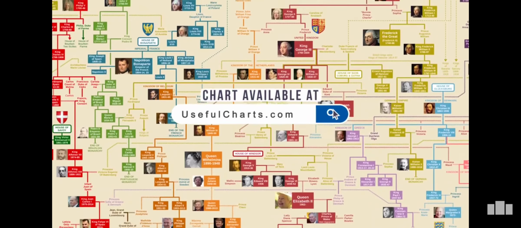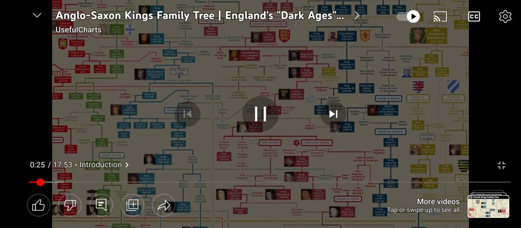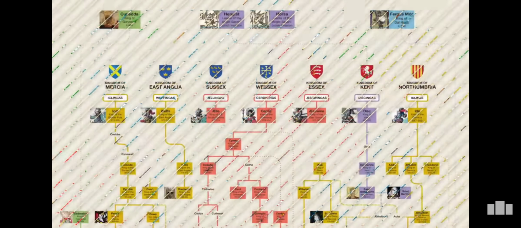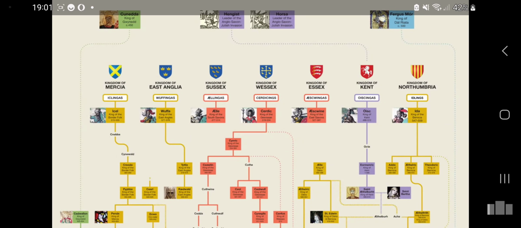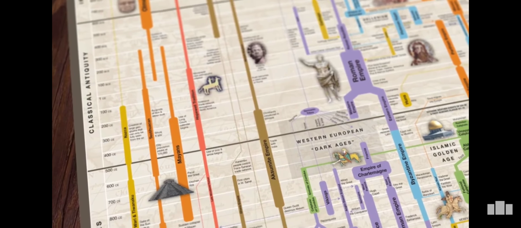You see, prior to the emergence of the Kingdom of England... Now, actually, the Kingdom of England was started by Alfred the Great, and that's why they often go back to him. Alfred's ancestors ruled over a kingdom known as the Kingdom of Wessex. Wessex was just one of 7 Anglo-Saxon kingdoms that existed in England prior to, well, England. So today I'm going to show you the family tree of some of the most important monarchs who ruled during the Anglo-Saxon period.